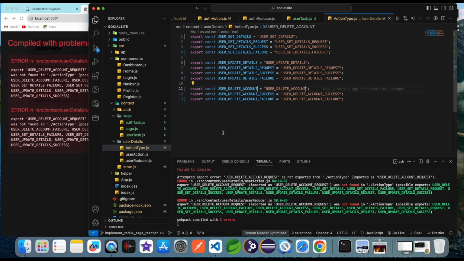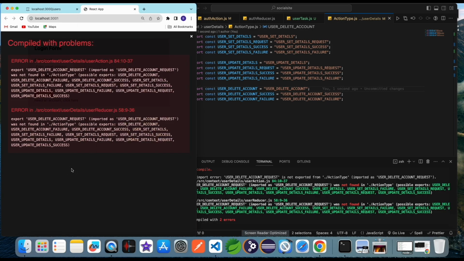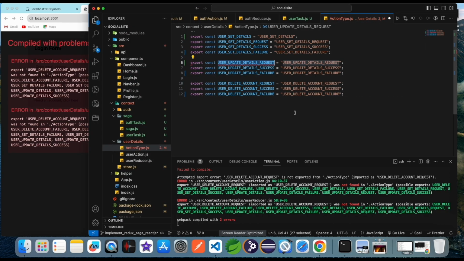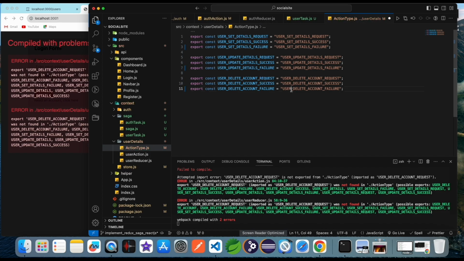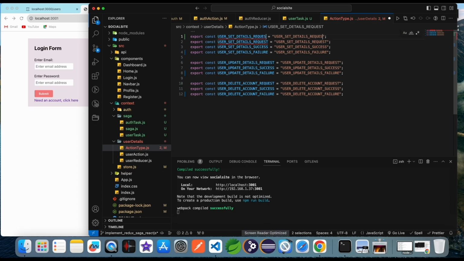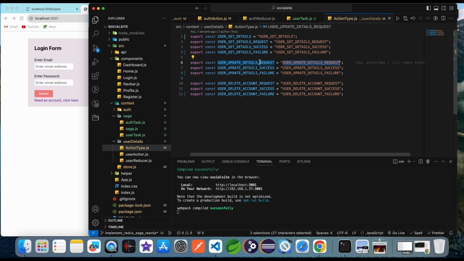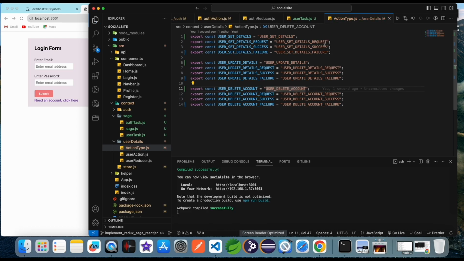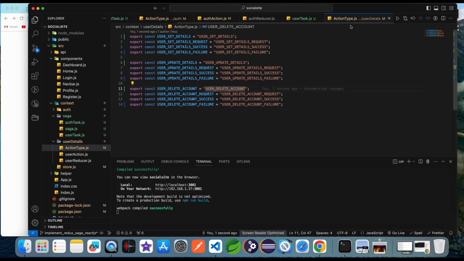And then after, first check that all the information is okay. Again, user set details, and then for user update details, and the third one is user delete account. After creating action type,